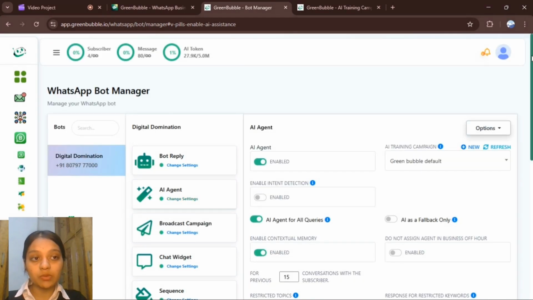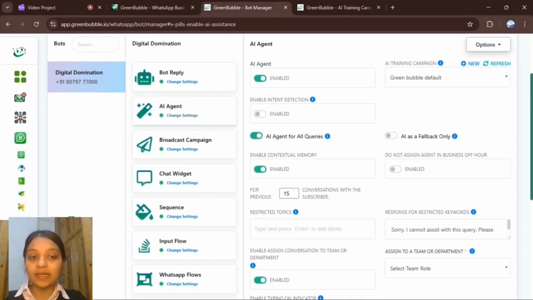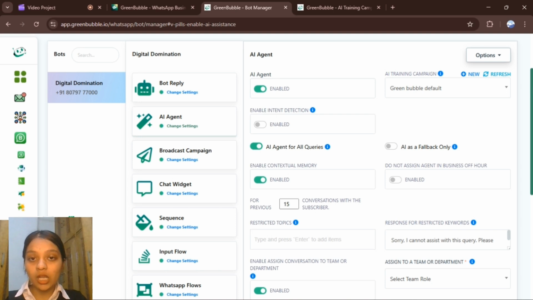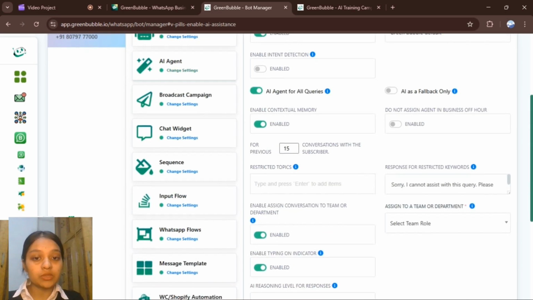As you can see, the interface will open, and these are the settings you need to enable. You need to enable AI agent and then enable intent detection. You need to enable it for AI agent all queries, and for contextual memory, conversation with the subscriber, like the previous 15 messages, you have to select the number too.